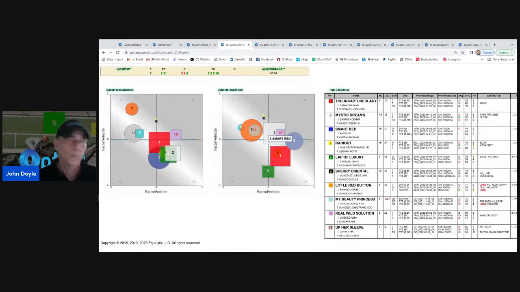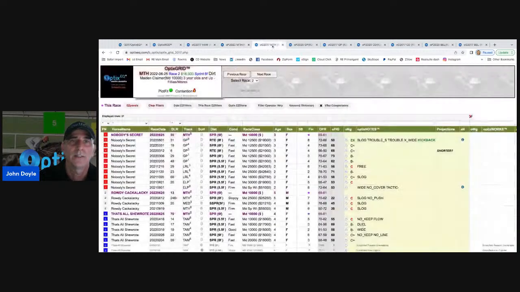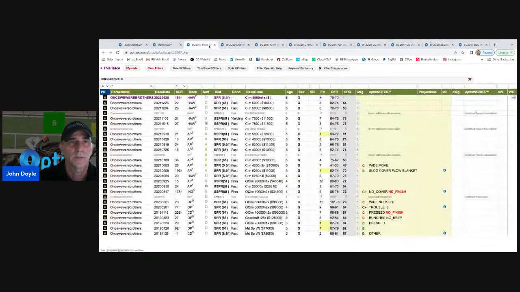When you're betting big prices, you can afford to be wrong a lot more than when you're betting short prices. And you're not going to make a score on short price favorites all the time. You're not going to grind it out. It just doesn't work that way. Trust me. Okay, so I'm going to go back to the rod,